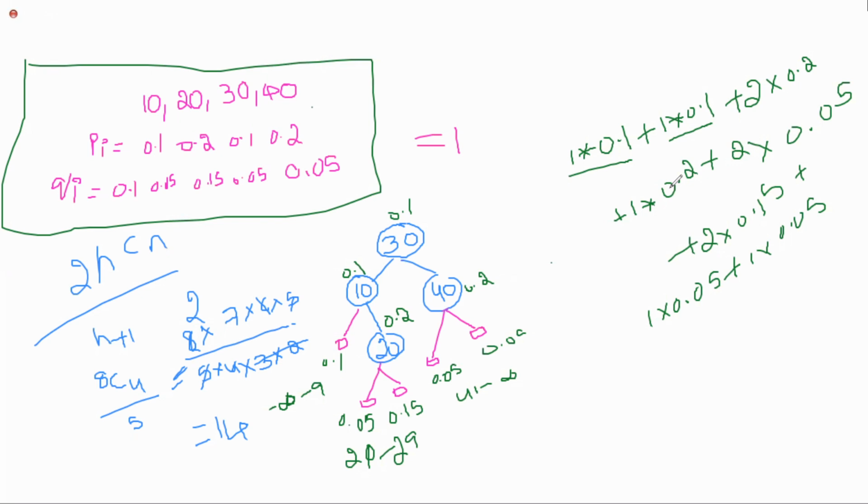But here, a binary search tree is not a unique one. There are n number of binary search trees possible. I told you how many are possible: 2n C n divided by n plus 1 binary search trees. Among those binary search trees, we pick one tree as the optimal tree. That tree will take a smaller number of search attempts.